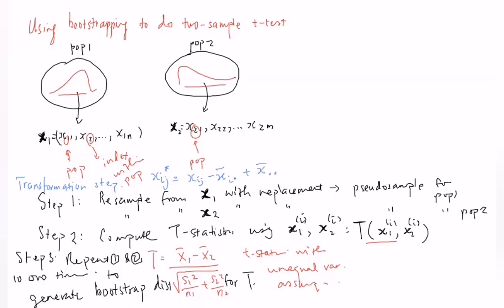So for example, you transform x1,1. It means you take x1,1, subtract the mean of